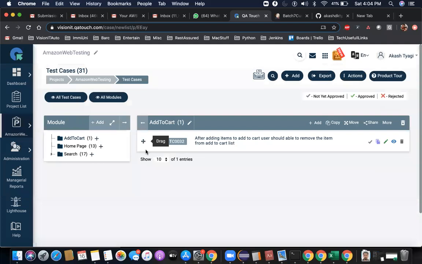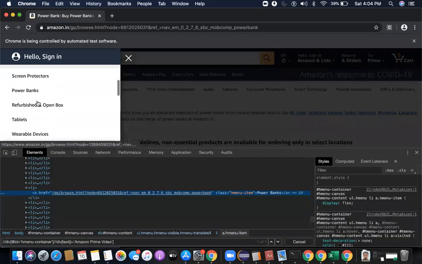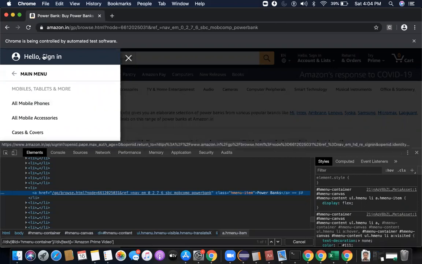Getting it? That's why automation is introduced, for faster execution and for the high priority test cases. So automation-wise, we always first automate the priority test cases. A functionality can have many test cases, by the way. It could have a test case for hello sign in.